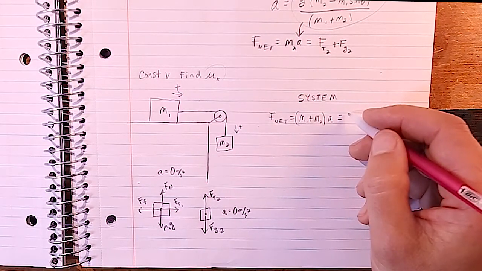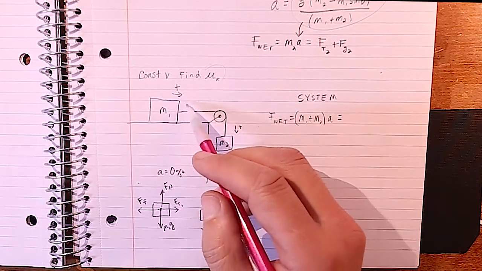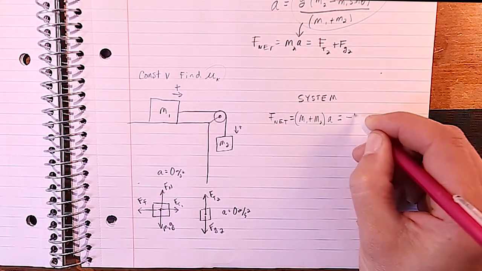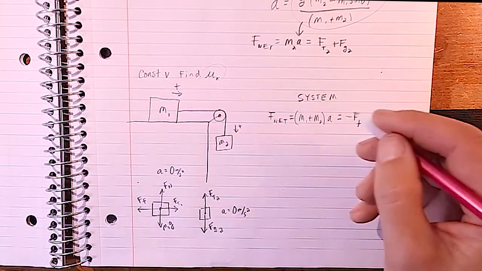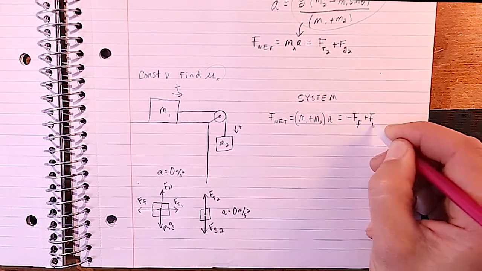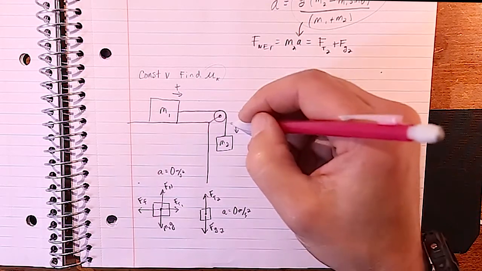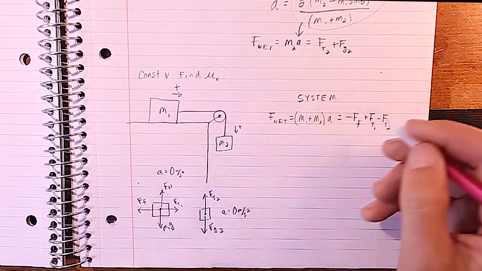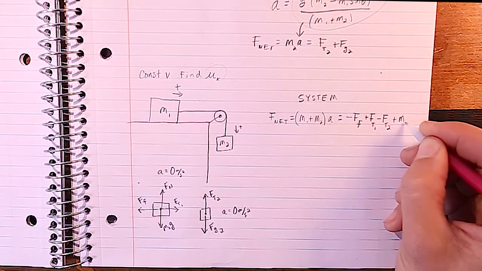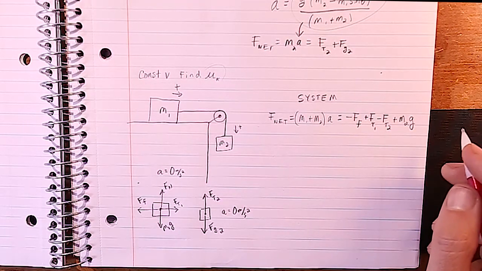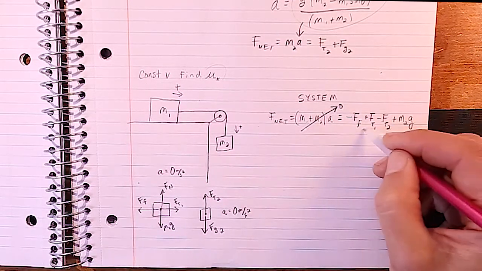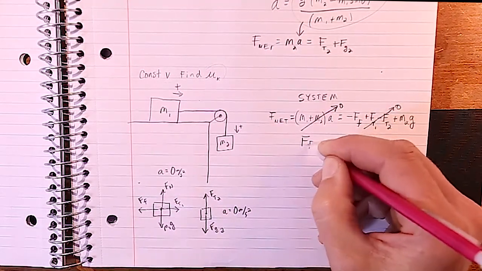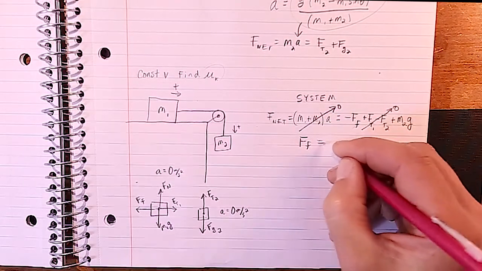And then what forces do we have acting on the object? Well, we have the force that's acting this way, which is going to be friction, so that's minus Ff. Then we have the force of tension acting this way, that's going to be plus Ft1. Then we have the force of tension acting up on block 2, that's going to be minus Ft2. And then we have the weight of m2g, so that's going to be plus m2g, the force of gravity on the second block. So this drops out to 0, and these two forces drop out to 0. What that does is it leaves us saying that Ff, adding Ff to the other side, is equal to